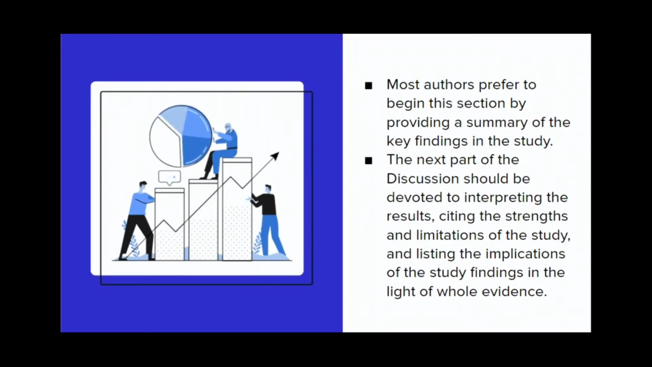The next part of the discussion should be devoted to interpreting the results, citing the strengths and limitations of the study, and listing the implications of the study findings in the light of whole evidence. This should begin with comparing and contrasting the study results with those of other relevant studies. However, it is advisable for researchers to desist from providing a detailed critique of each and every study on the topic. The researchers can then describe how the study was unique or different and what were strengths and limitations of